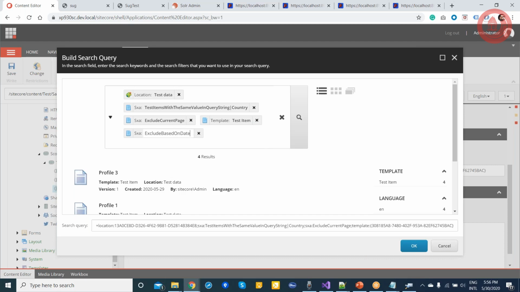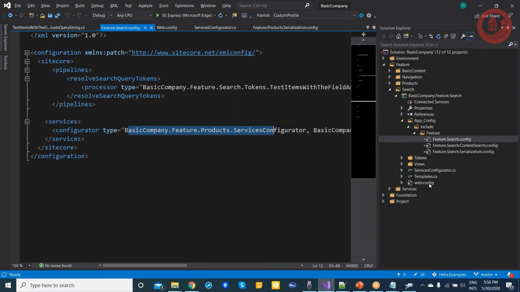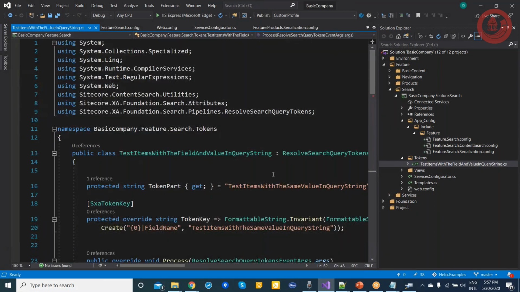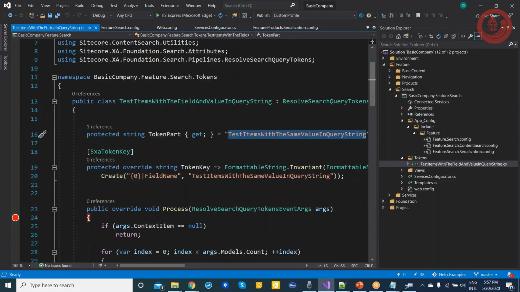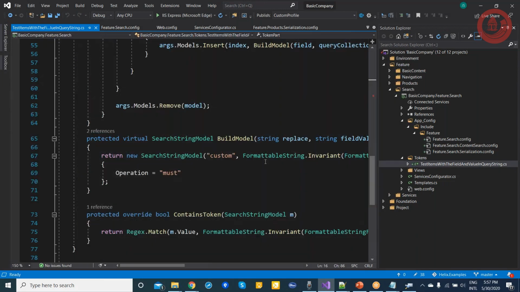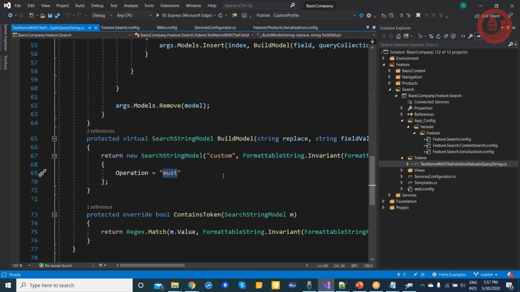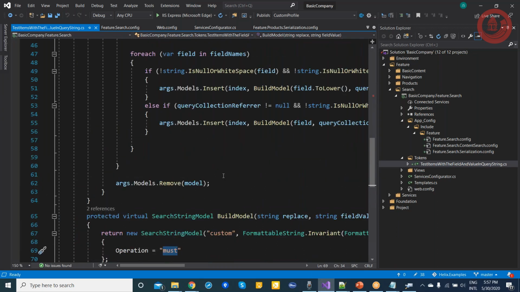Then you put this token in your class, in the custom token, how you have written yours. And here you put all the conditions, whether it is a must condition or an or condition, and this is how you can filter that data. Okay. Yeah. Thank you.